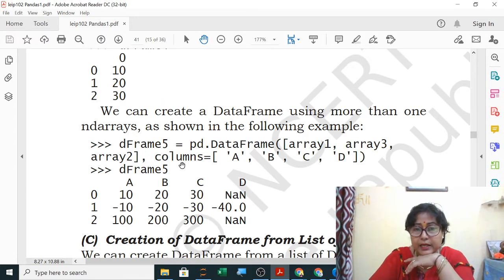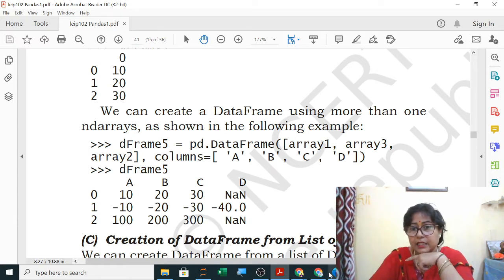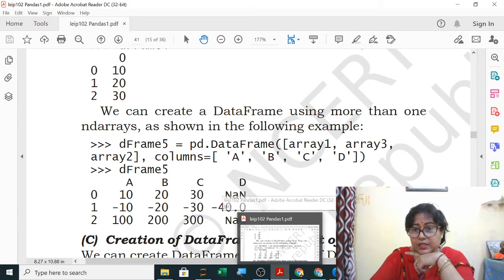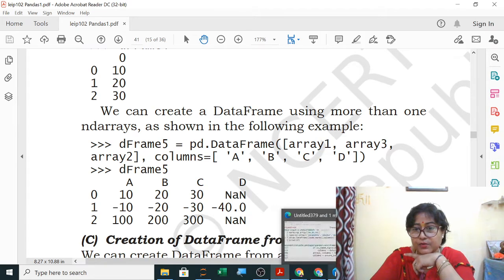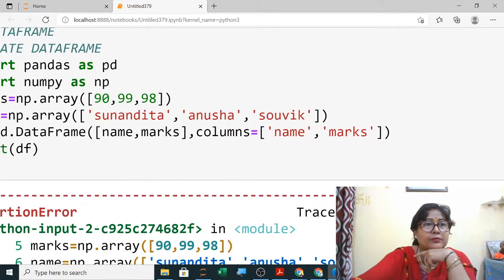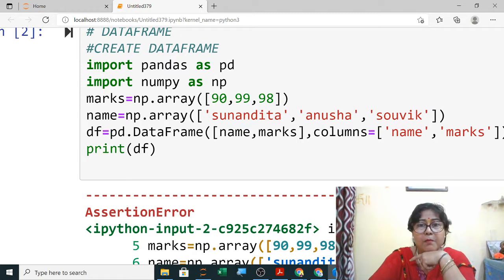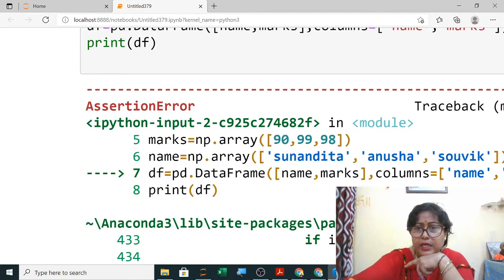In square bracket different columns are given and the name of the columns will be given. So this is correct and the two arrays will be created. So the spellings I have to check. Okay, marks correct, name, columns equals to this. I don't think there is any mistake in this. Why it is showing error?